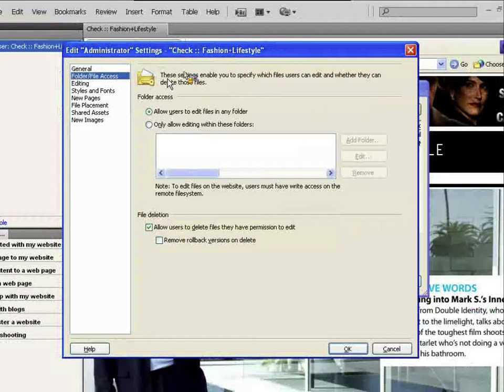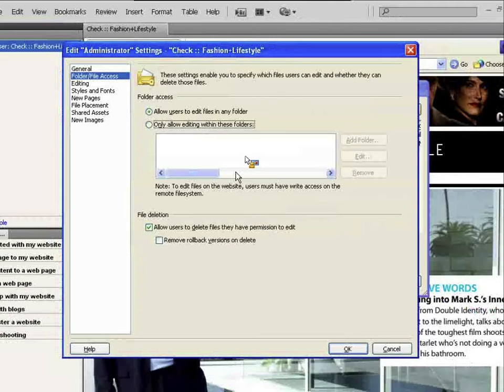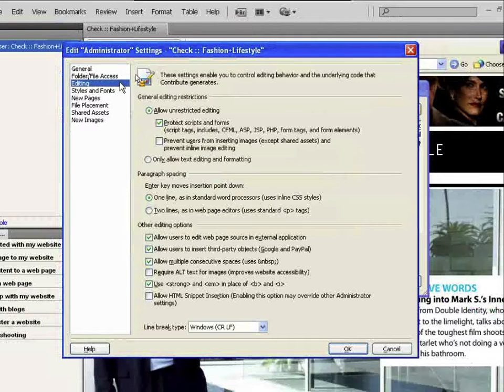Okay, so as an administrator, I can edit any file in any folder. One of the file placement rules is that we'd like Contribute to automatically add this folder to the file access list. Basically, what this boils down to is I can allow editing within specific folders on the website for particular users. Now here's the one that I find the most useful when it comes to that styling stuff. And it also addresses Stephen's questions about